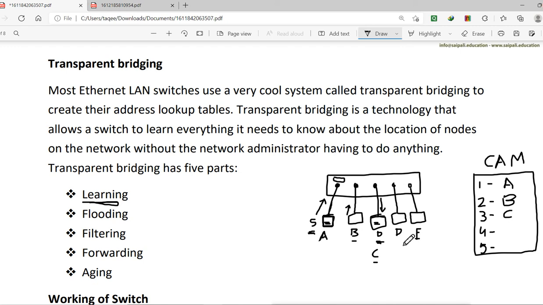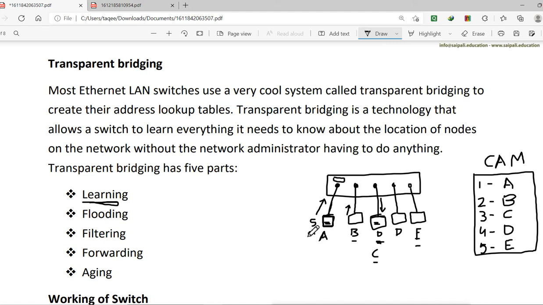When this machine sends data, the source MAC address will be D, so it will be added on this port. Remember, until an address is added, the switch will do the broadcast. Then this machine will send data, and it will be added into this port. Now once the CAM table is created, it will not do the broadcast.